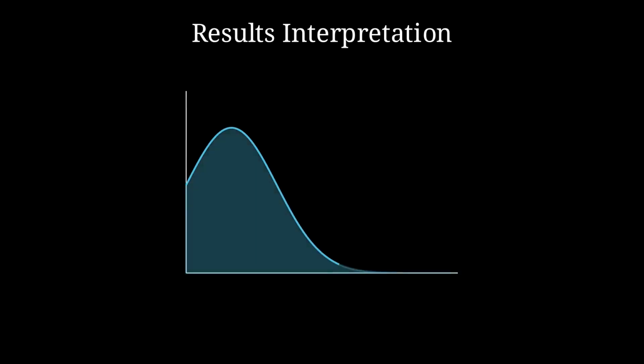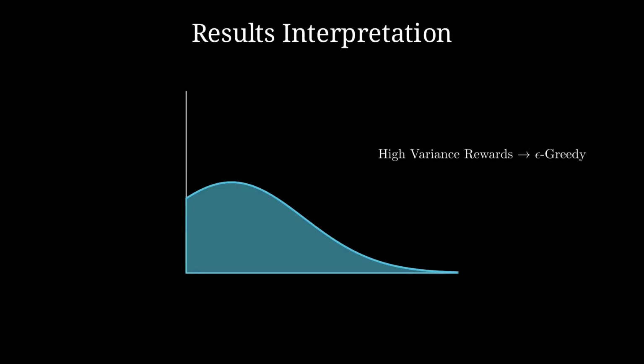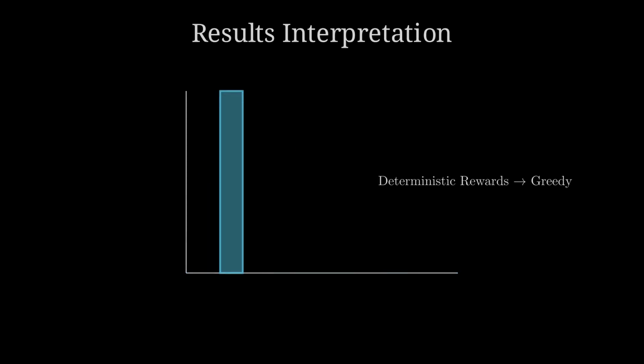However, the best epsilon value depends on the specifics of the problem. For example, in noisier environments with higher variance, it might take more exploration to find the optimal action, meaning agents with higher epsilon values should fare better. If the rewards are deterministic, a greedy method could perform best since the optimal action would be found quickly and reliably. Lastly, in cases where rewards are non-stationary, exploration becomes even more critical. Without continued exploration, the agent may get stuck in exploiting outdated knowledge,